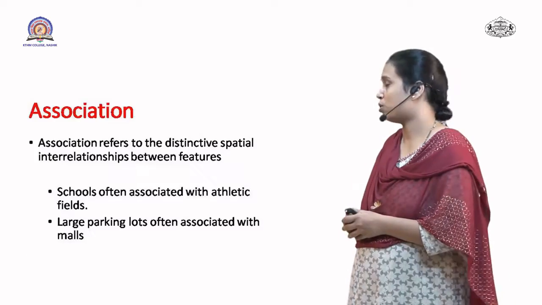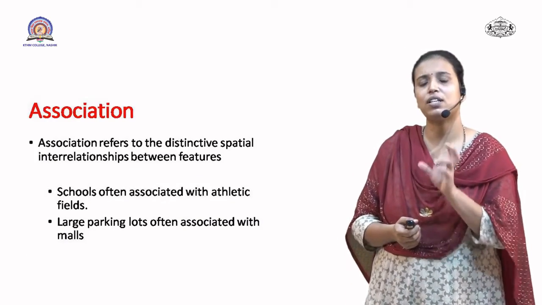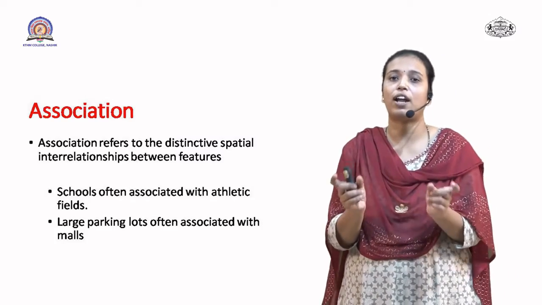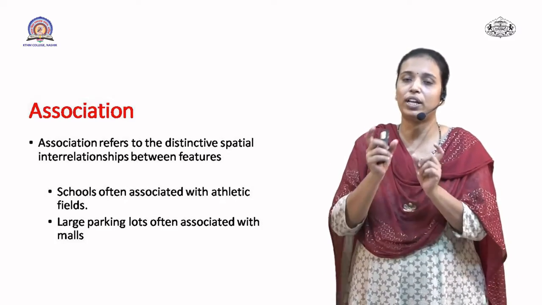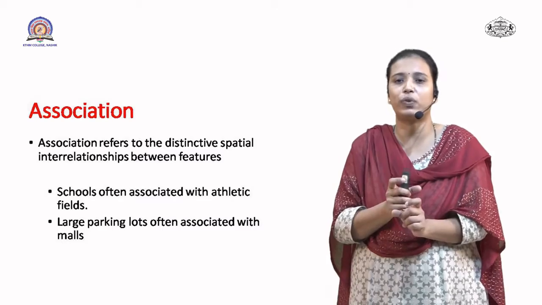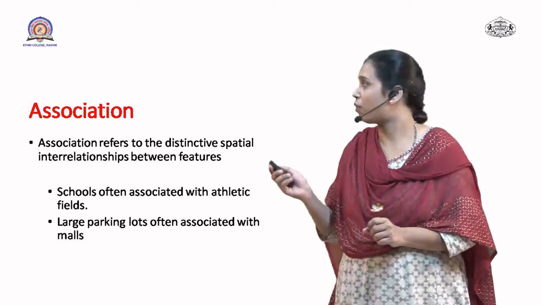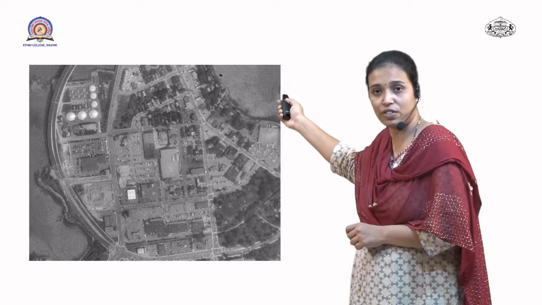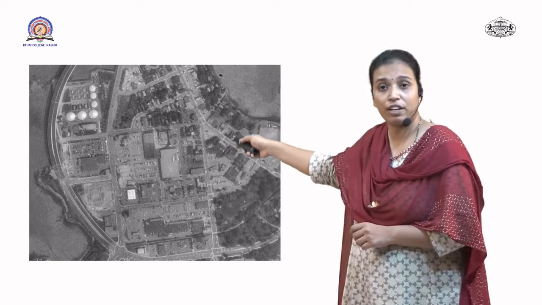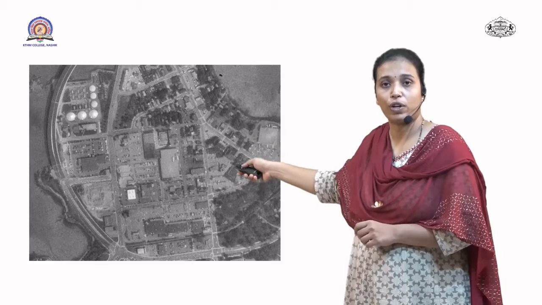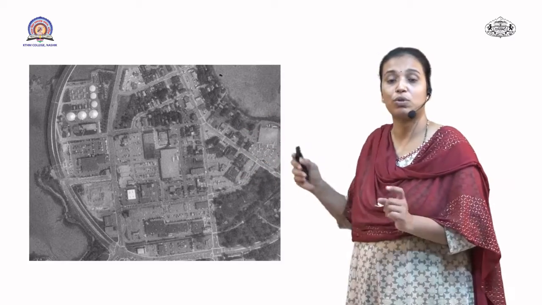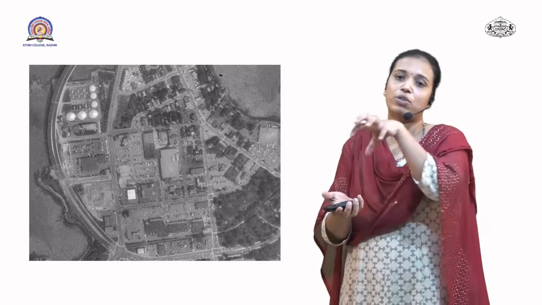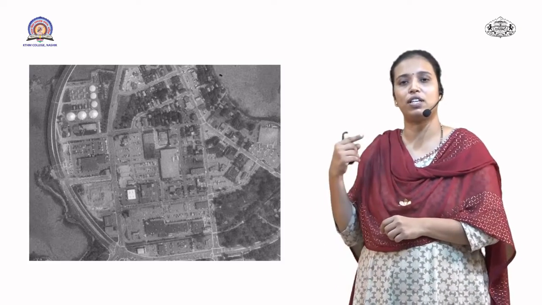Next is the association. Association means a combination of two different things with each other and how they lie with each other or how they are placed with each other. For example, you can see that there is an association of terrestrial area with a river body or with a water body or with the aquatic ecosystem. So the association is of a city in association with a river which is passing through it.